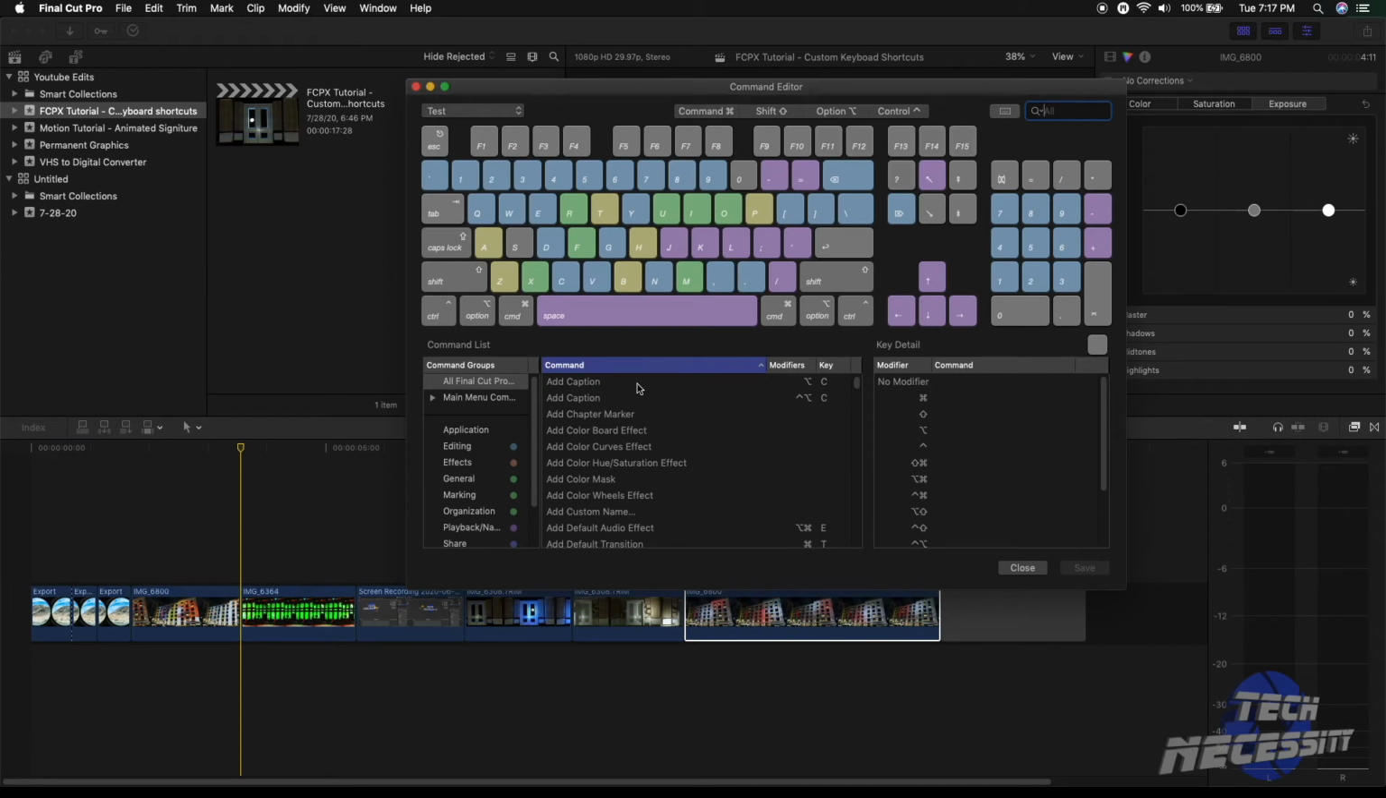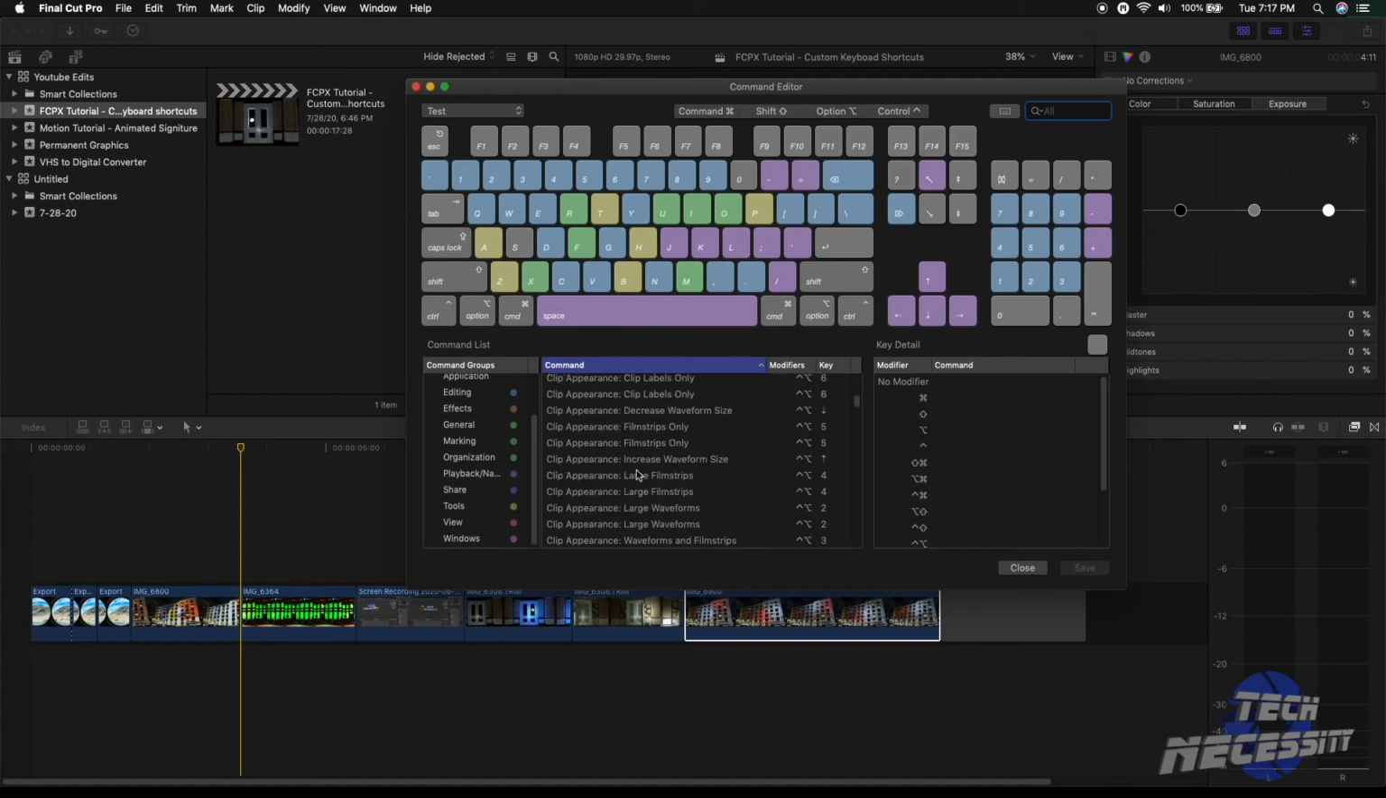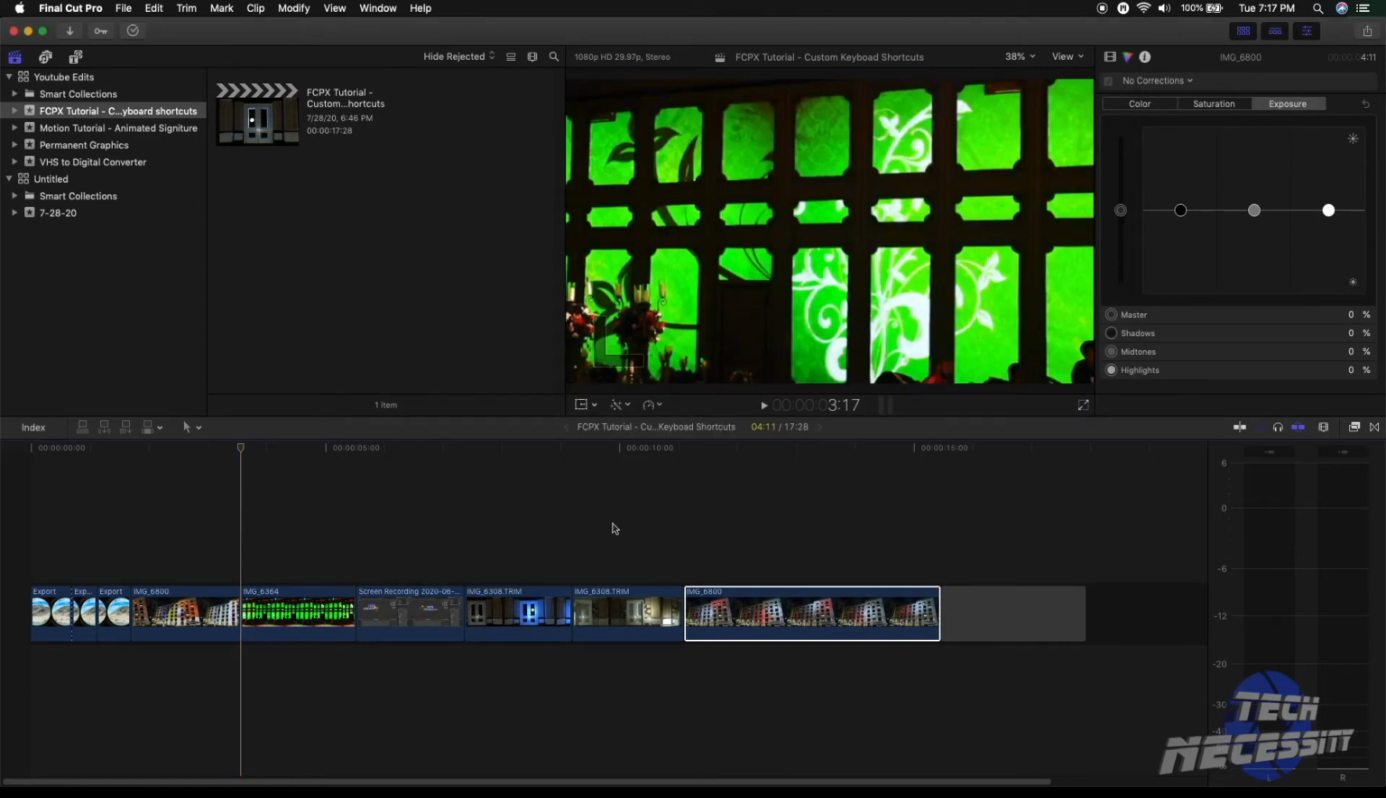So Final Cut Pro is a big program. There are a lot of different functionality to it. There's a lot of different commands. Not every command is listed here. So there are things you can do to create your own. So let's just say, I'm going to go ahead and close out of this, and I'm going to show you